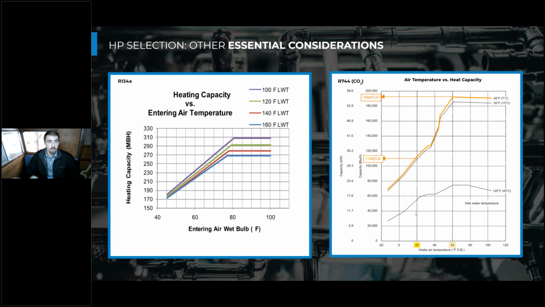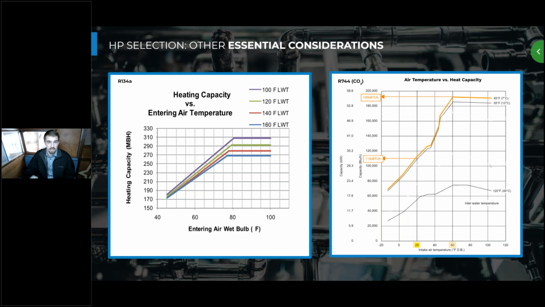Another consideration when you're looking into refrigerants and heat pump performance as a whole is the effective air temperature on the heat pump performance. So since we're trying to pull heat out of the air, it does that a lot more easily if the air is a lot warmer, right? The heat pump has to work a lot less hard if it's pulling heat out of 80-degree air than out of 10-degree air. So when you're designing these systems or you see it on a schedule, you want to make sure that the performance that you're looking at for this heat pump is tied to the lowest design temperature that